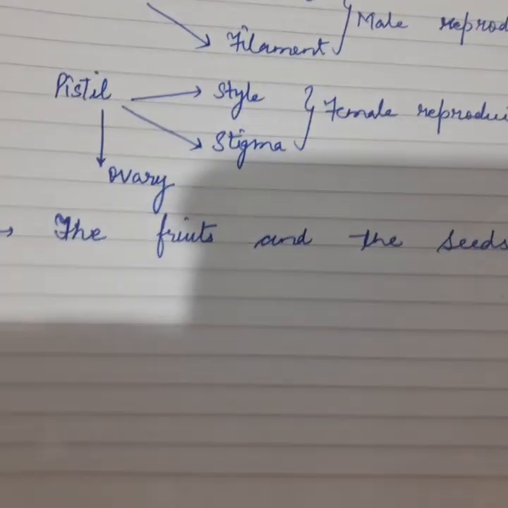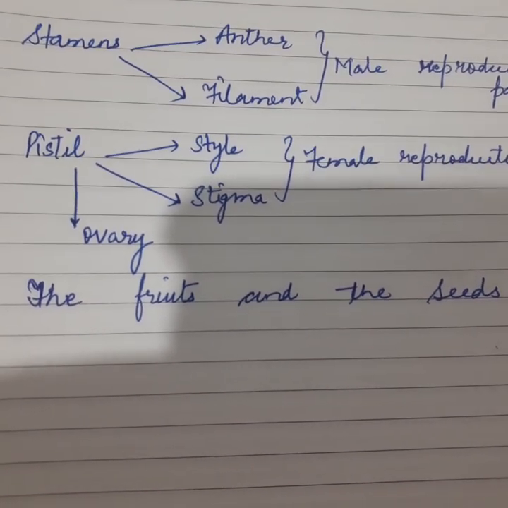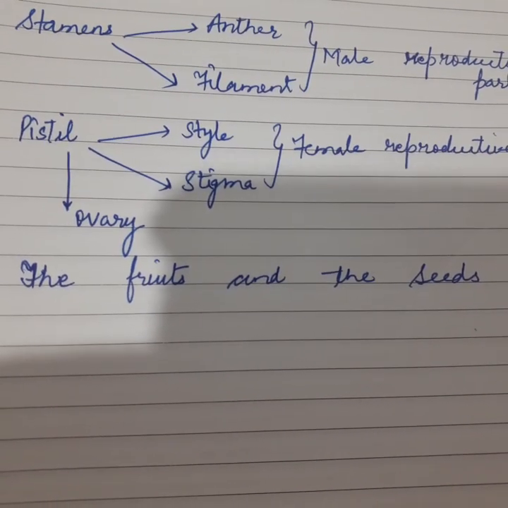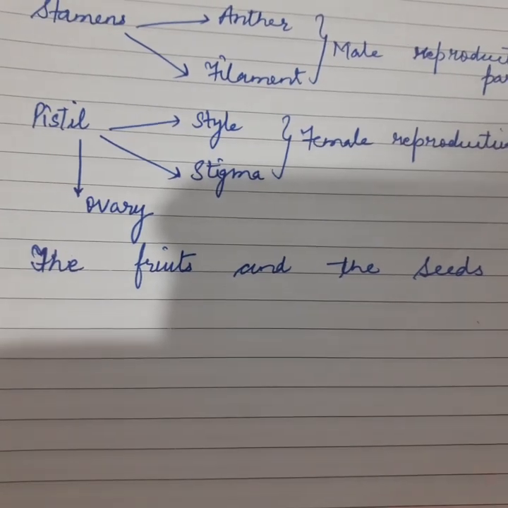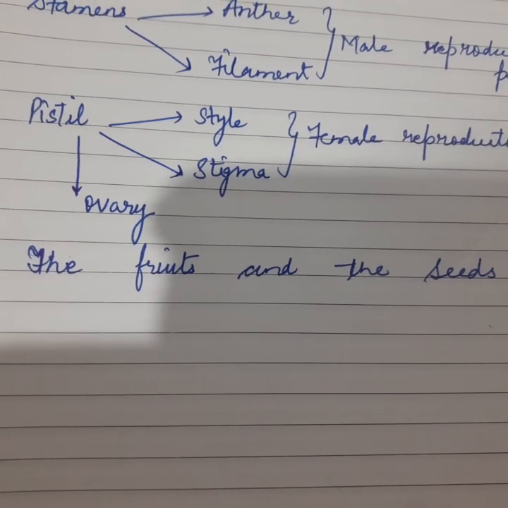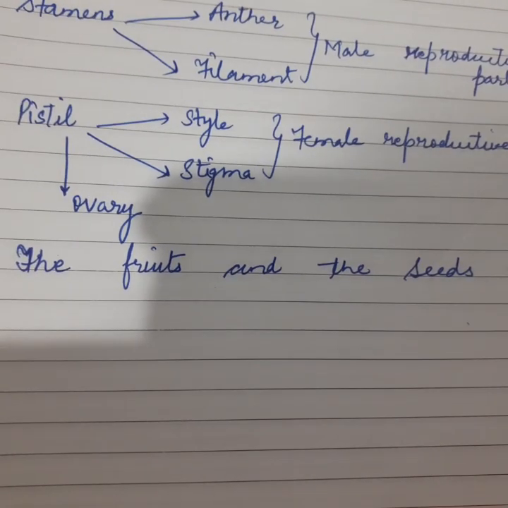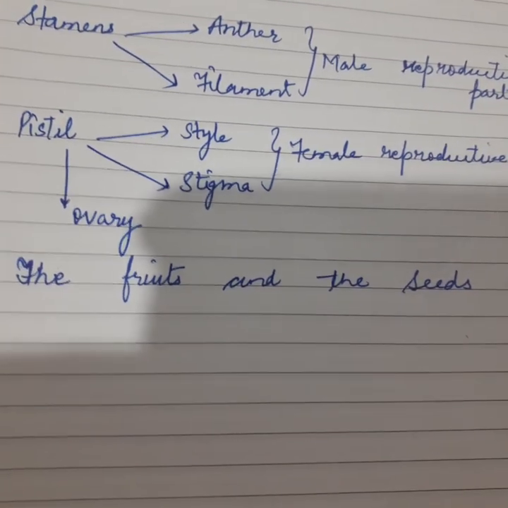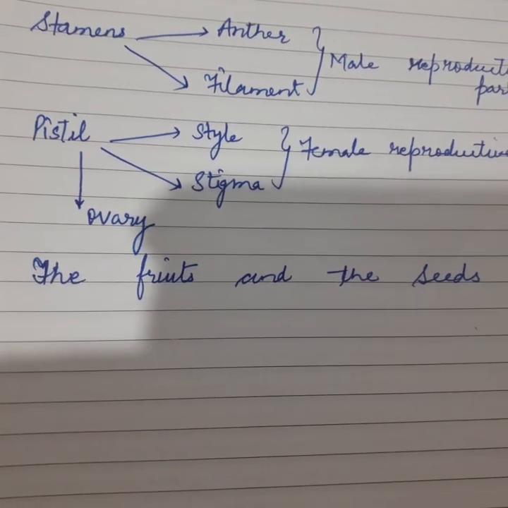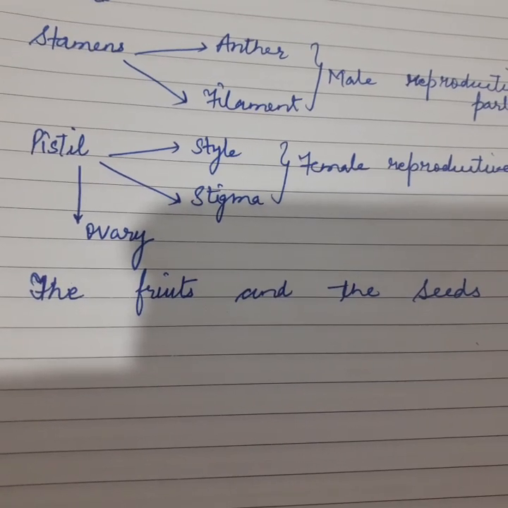The last part of a plant body is the fruits and the seeds. We eat many fruits that we get from the plant, that are mango, apple, watermelon, papaya, etc. And seed may be 1, 2, 4 and many that we get from a single fruit. For example, 1 seed is present in the mango, 4 seeds are present in the apple, and many seeds are present in the watermelon and papaya.